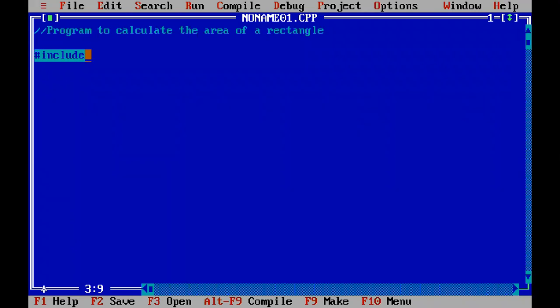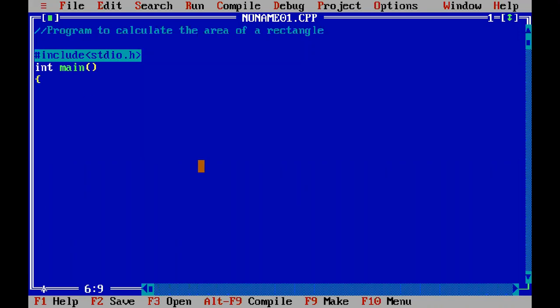Okay, anyways we are starting with the program. See, we are to calculate the area of a rectangle. Now you know the objective, so just begin with the program. So the first header file that you have to include is stdio.h. Okay, next int main.